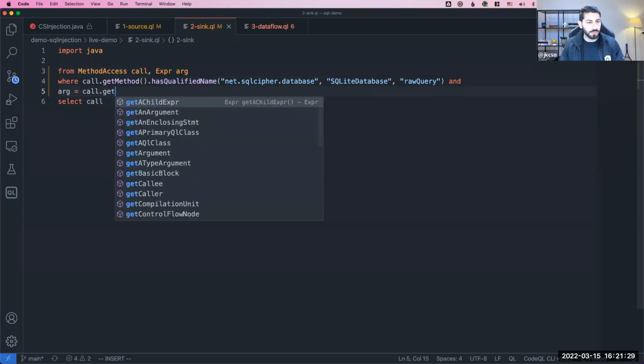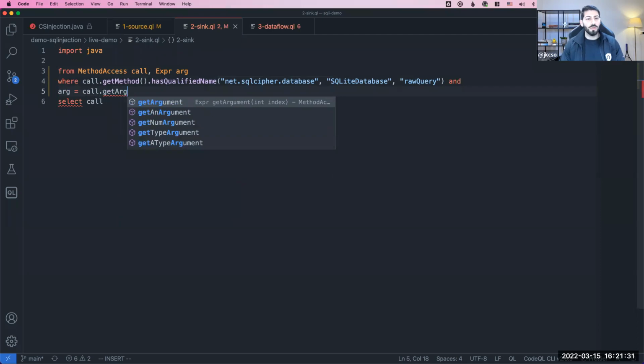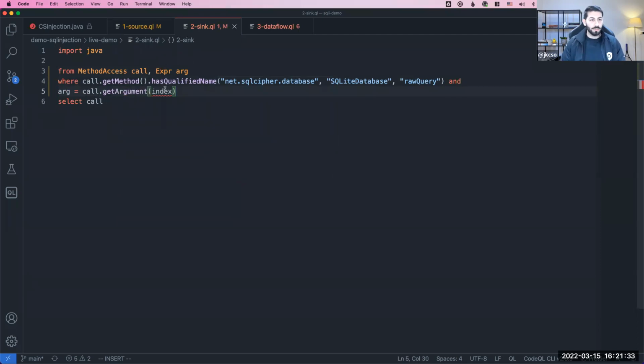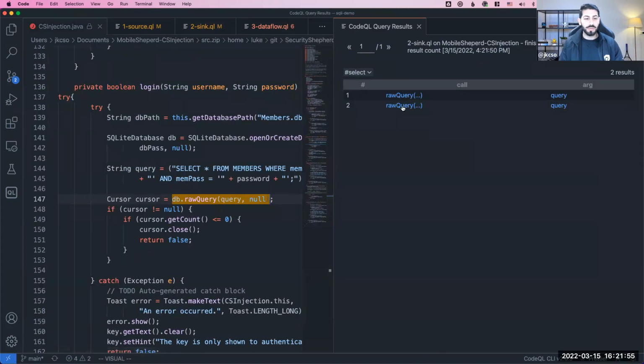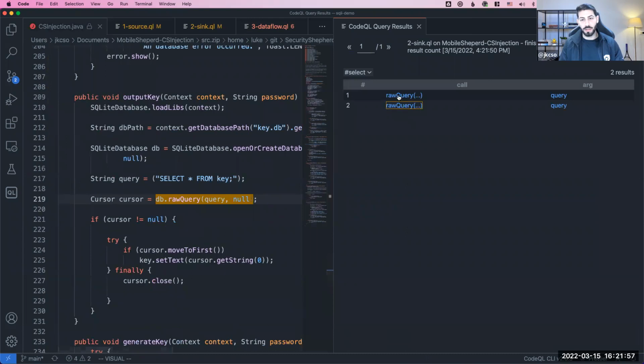To do this, I can use the getArgument method. You can see here the auto completion saying that it gets the argument at the specified position in this method access, starting from 0. Indeed, we are looking for index equal to 0. And we need to return the argument as well. So if I run this, I expect to find the invocations of rawQuery that are having the first argument